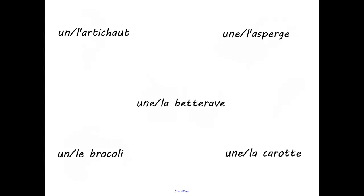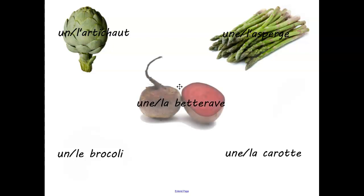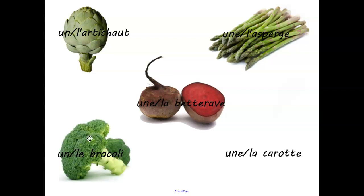Alors, répétez un artichaut. L'artichaut, artichoke. Une asperge, l'asperge, asparagus. Une betterave, la betterave, beet. Un brocoli, le brocoli. Une carotte,